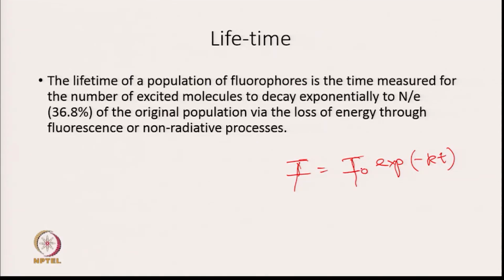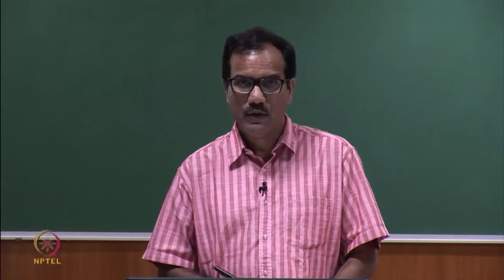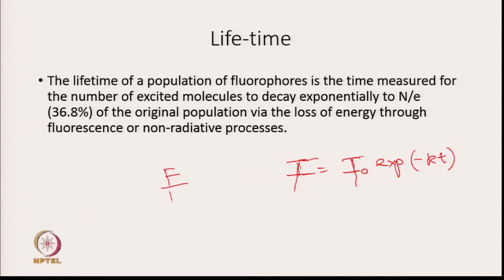Sometimes people write fluorescence intensity as F, or sometimes as I. So, F by F naught is equal to exponential minus kt, and you can also write F naught by F is equal to exponential kt,